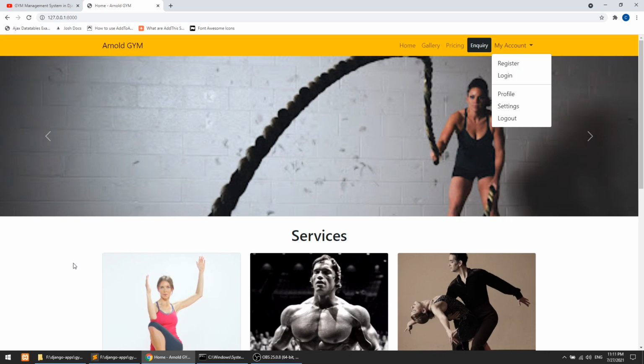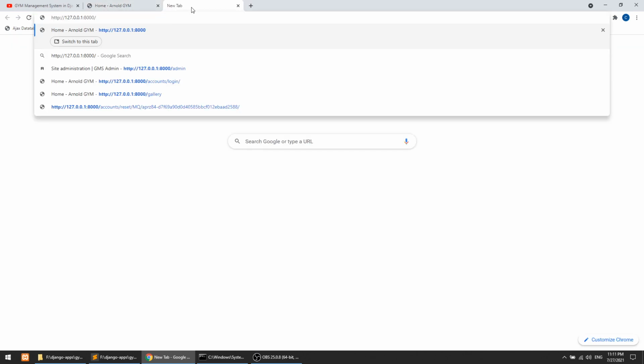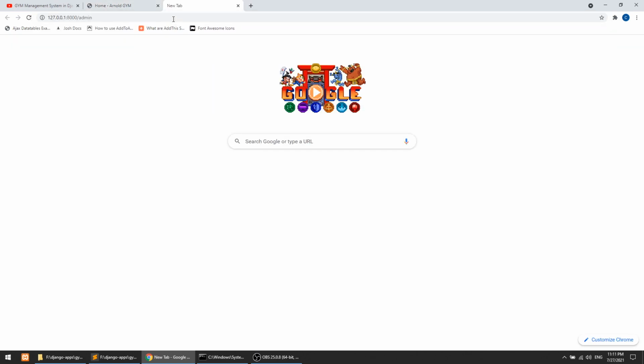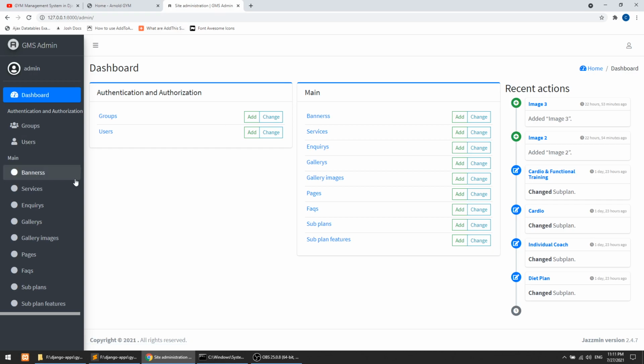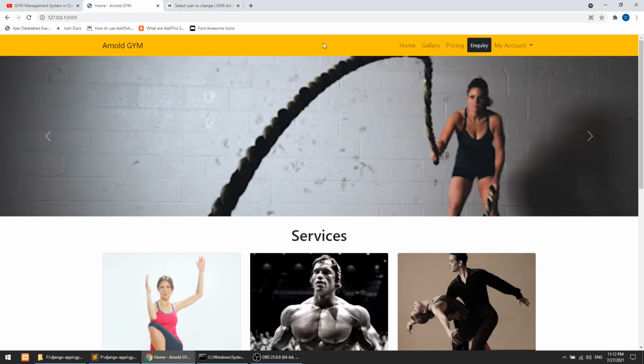When you install Django, it comes with the authentication model by default. If I go to the admin panel, here you can see that we have users and groups. This user model has, by default, the authentication and authorization model. So we will use this for our login and logout functionality. The admin section is already using it, but now we will implement this on the front end section also. We will learn how to implement that.